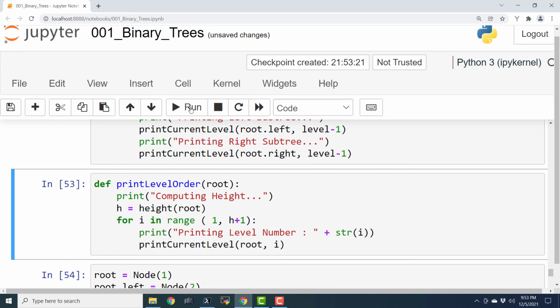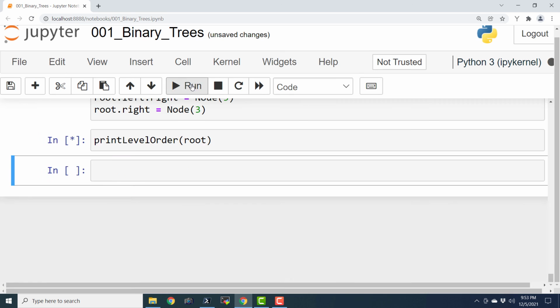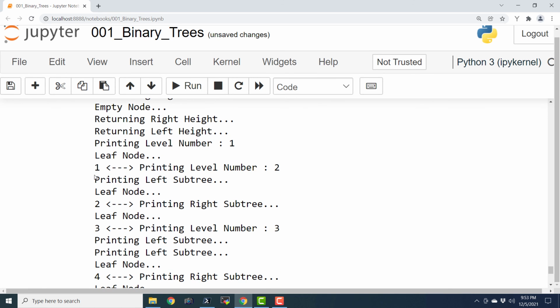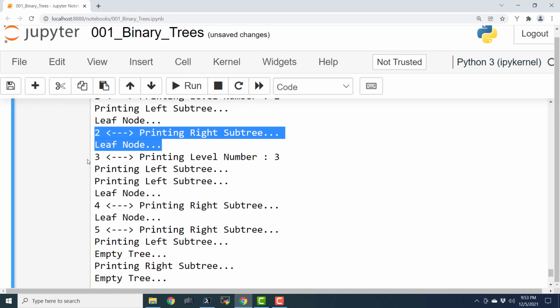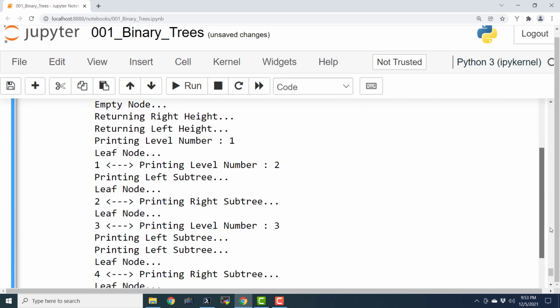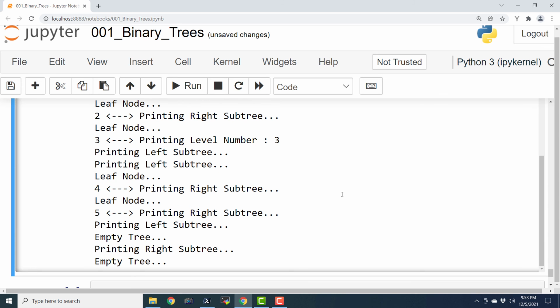And let's execute this. And if I execute this, here we are actually able to see 1, 2, 3, 4, and 5. Okay. So this is how we can print the entire trace of execution of the tree.